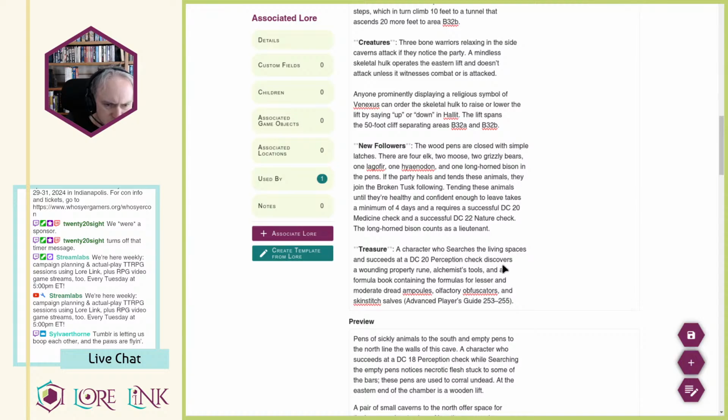Let me look through the book really quick and see if these are unique to this adventure. Because if they are, I'm going to go ahead and create these as items. But if they're something that I can just look up in Archives of Nethys, for example,